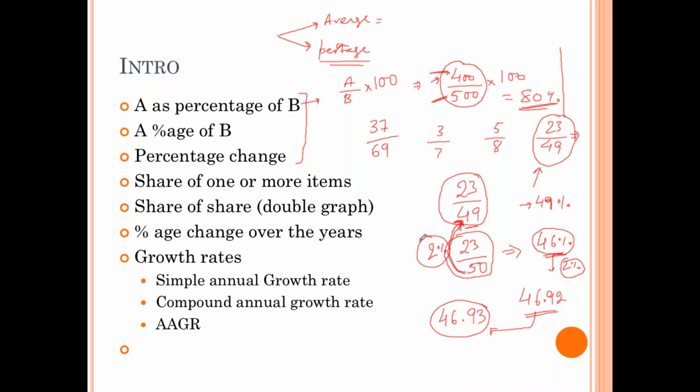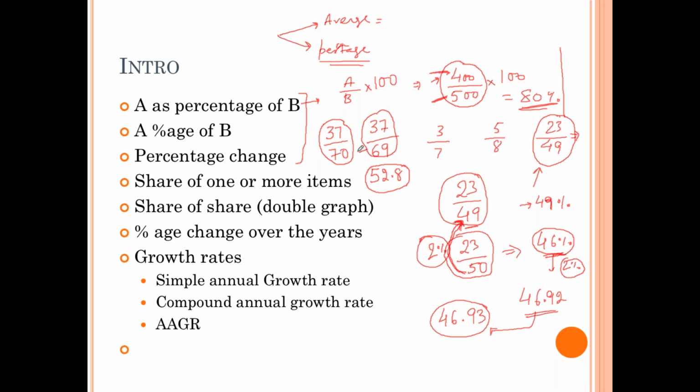See, it's an approximate change. It's not an absolute right answer. So it is 46.92, whereas the right answer is different. So I want to reach the nearest fraction. What I can do is make it 37 by 70. I know 35 by 70 is 50%. Then I'm left with 2. So 2 by 70 is approximately 2.8. So 52.8 is my answer if I calculate 37 by 70.